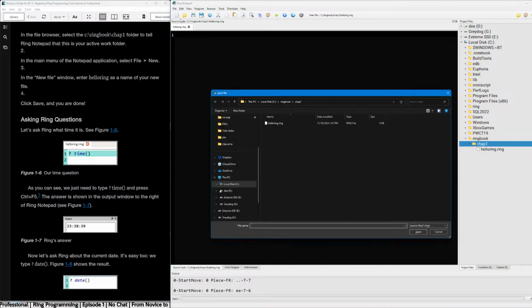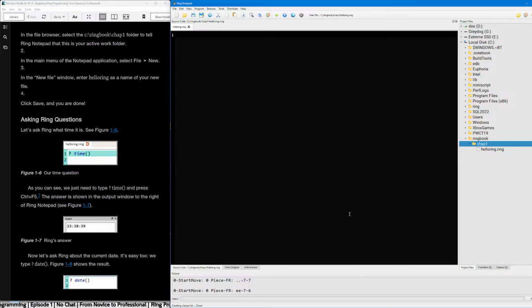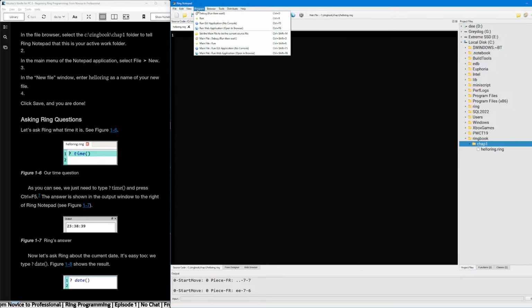File. Open. Ring book. Why the fuck is it asking me? It's not asking for a folder, it's asking for a file. I'll just pick the file. I just want it to line up. That's all. Oh, it has a REPL. GUI console. Set the main file to be the current source.